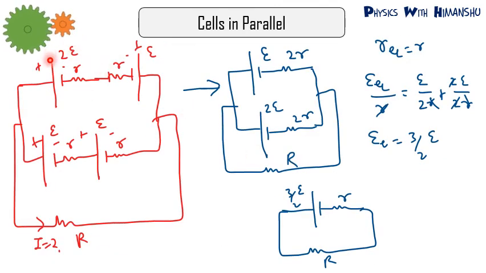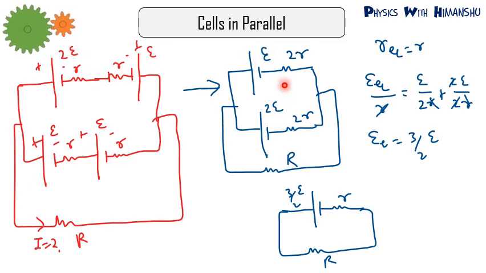So we have a battery of EMF 2E, another of E, both have internal resistance R, and in the lower branch E, E, both have internal resistance R. Now if you see negative connected to positive, they both will get added up. It will be 2E and internal resistance 2R. In the upper branch also R plus R will be 2R, but the negative is connected to negative, so we'll subtract: 2E minus E, it will be E.